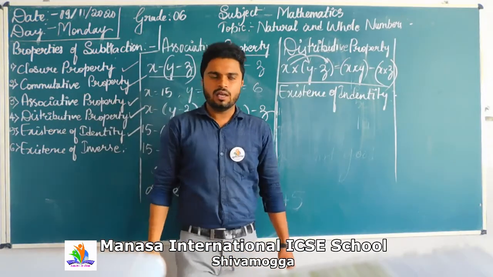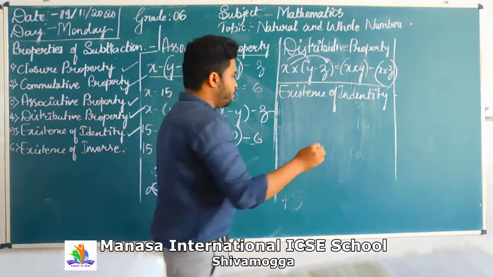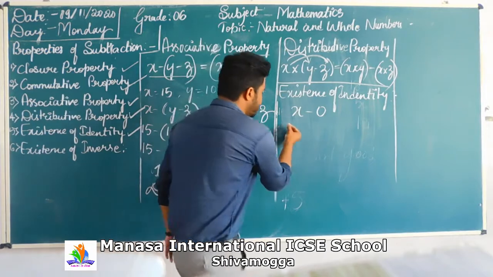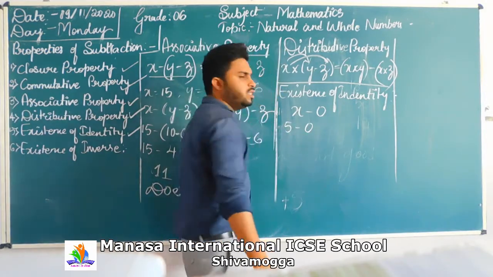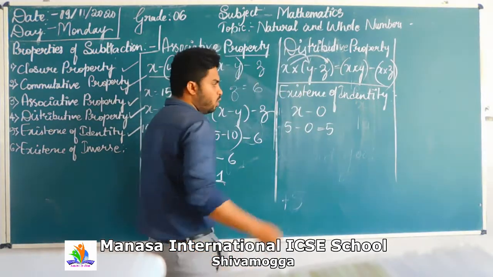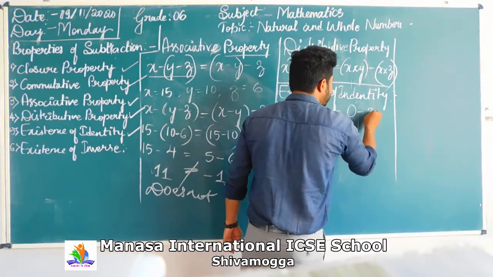For example, you just take 5 minus 0 is equal to 5. Now, when you do the same thing with 0 minus x,